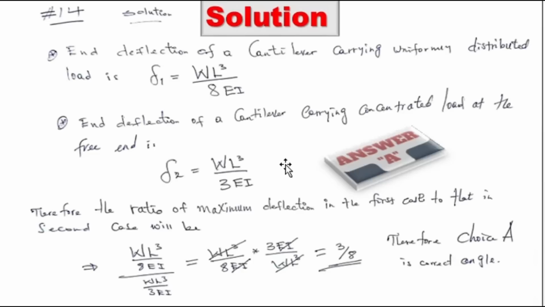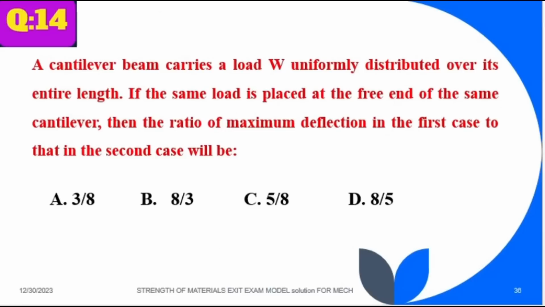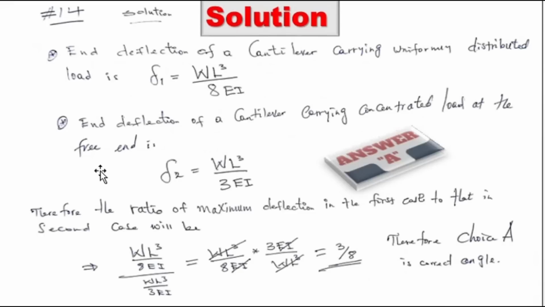Therefore, it is given that if the same load is placed at the free end of the same cantilever, then we are asked to calculate the ratio of the maximum deflection in the first case to that of the second case. Therefore, we are asked to find deflection 1 by deflection 2. The ratio of the maximum deflection in the first case to that in the second case will be